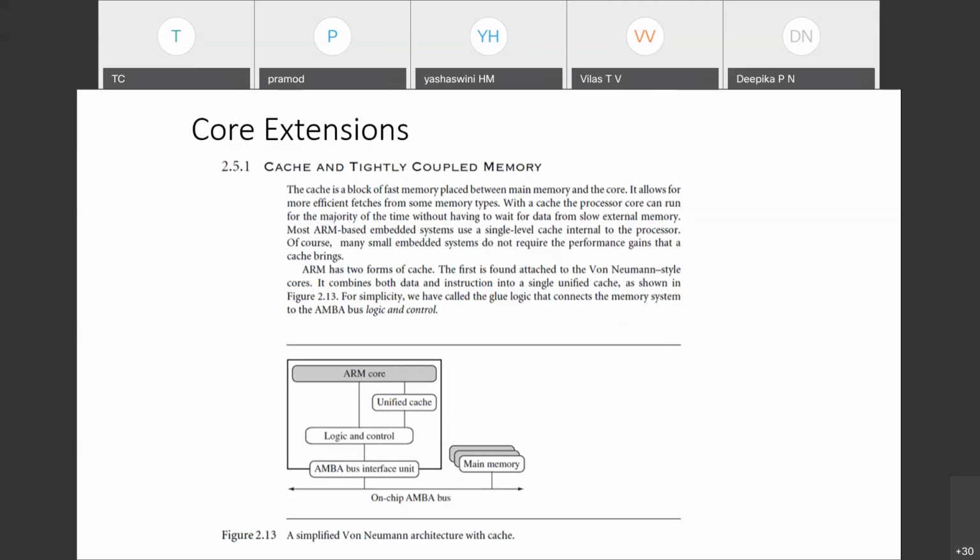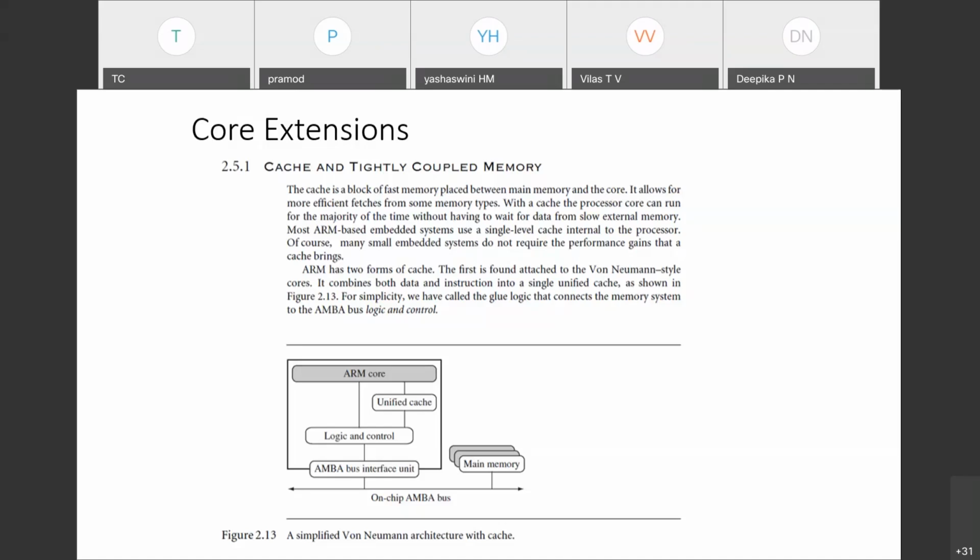With the cache, the processor core can run for the majority of time without having to wait for data from the slow external memory. So instead of fetching the data from the slow external memory, if it is already fetched and stored in the cache memory, getting it again if required is very easy. Whenever the same instruction is required again, if I store it in cache, it is very easy for the processor to fetch it again instead of calling it from the external memory.